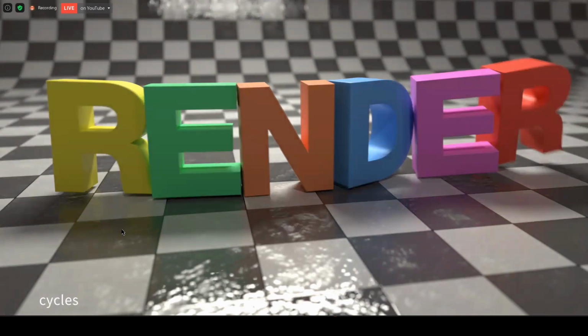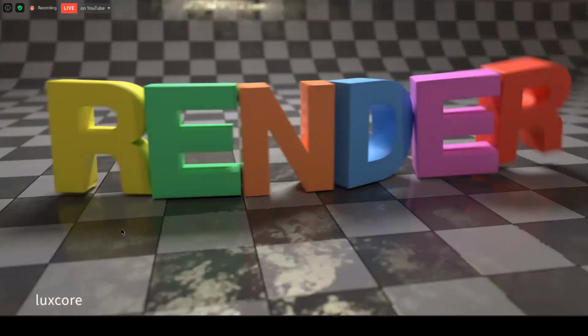Okay, so we're back to Cycles. And now this is the LuxCore render. Now, LuxCore, let me just give you a little bit of information. It's used in Blender, but there are plugins for 3D Studio Max, and it also has a standalone program that you can send a scene to, and it will render for you. It's been around for a while. It was initially called LuxRender, and it got forked to LuxCore, and it's open source. So it's fairly mature in its